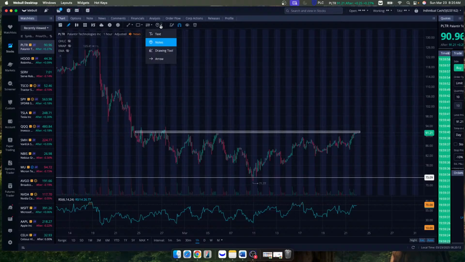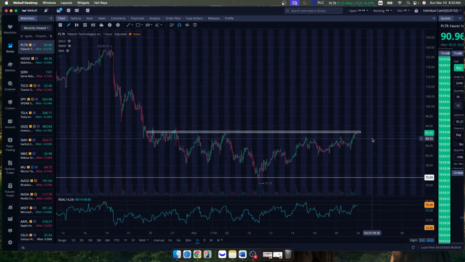I'm just trying to bring the drawing mode in. Here it is. So let's hold this $92 level, 93, and then push back up to 100 is where I'd be looking for, right up to about here. All right, so definitely be cautious. Look for that move. It has to break above. If it doesn't, then you are just trading within this consolidation zone.